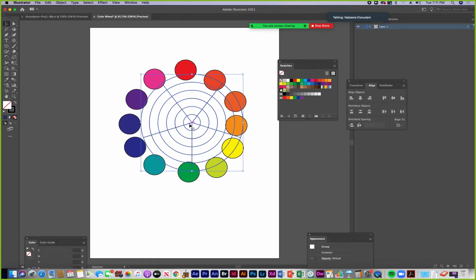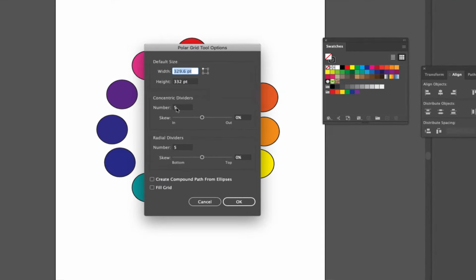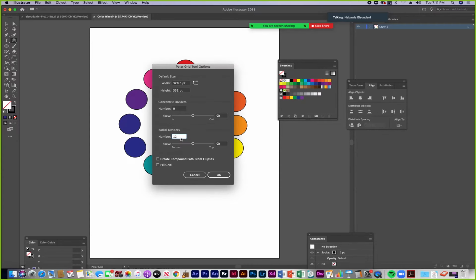So we can alter what this tool can draw out by double clicking on the tool, and then I don't need any concentric dividers, so I'm going to make those 0, and I need the radial dividers to be 12 because there are 12 colors in a color wheel.